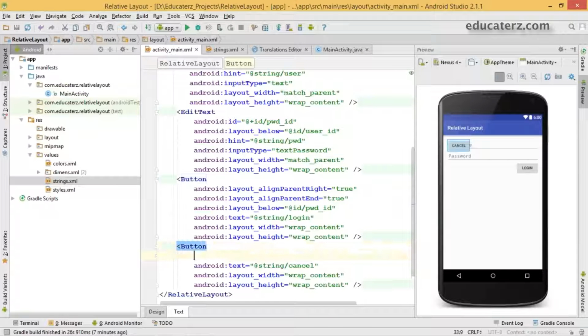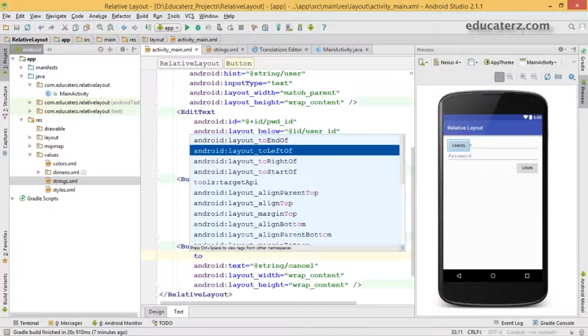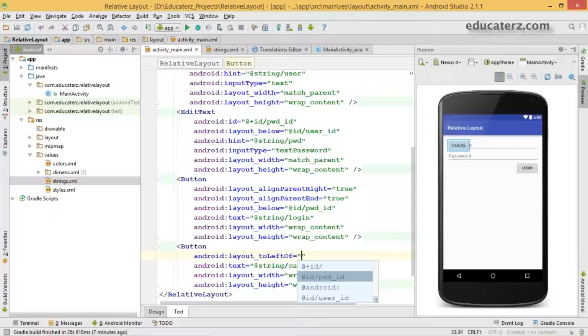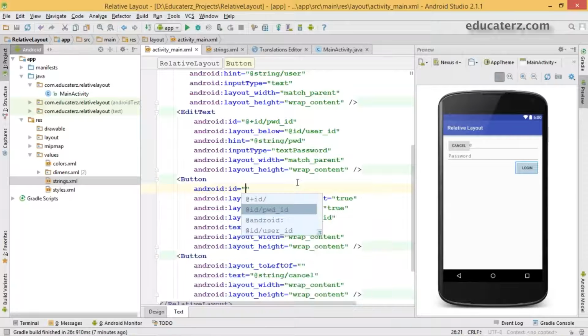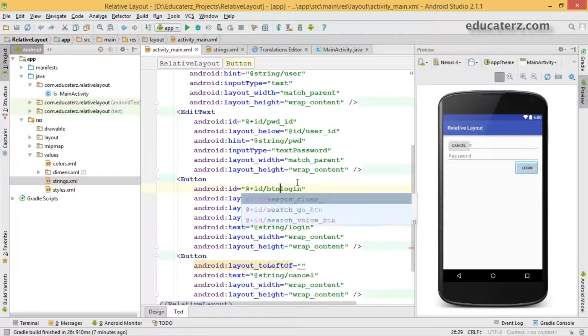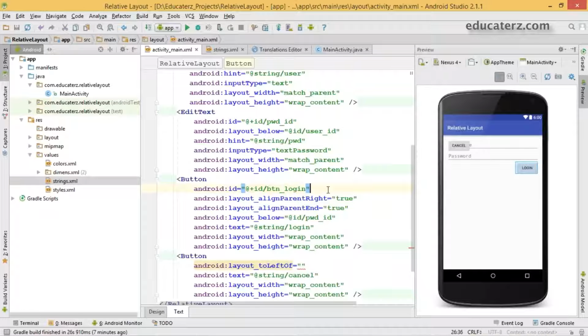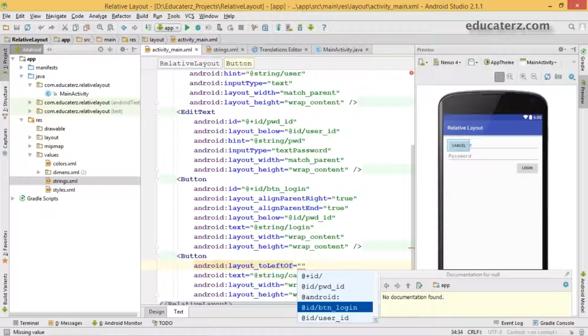So just simply to left of. So to end of, to start of, to left of your button ID. But I did not create any ID. So this is how you need to refer every time with every view. Initially you may feel it is messy, but once you start creating this, it is very simple. At the right ID, I'm going to take it as login, or else you can use btn underscore login, button login. And now this should be to left of your button login.